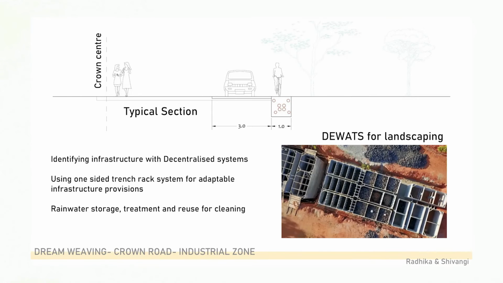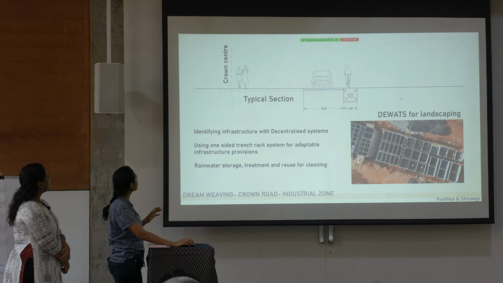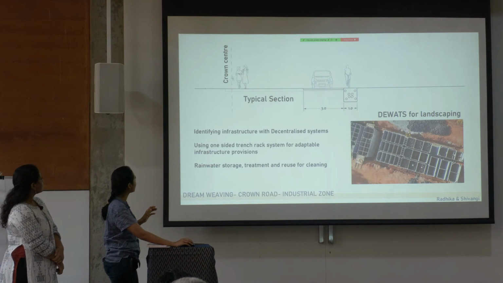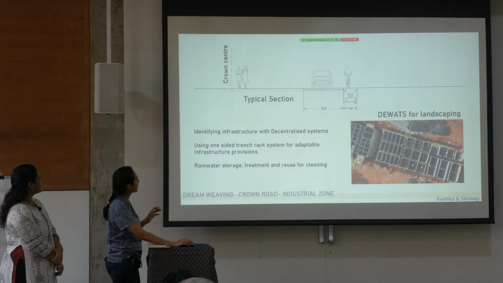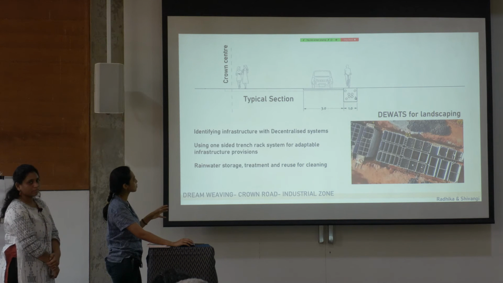One thing we've been brainstorming a lot about is, if we want to keep this transitioning character of the crown, with the section that was given to us, how do we move ahead without compromising too much on the character of this filtration, of the intersections and all of that. So what we try to do is keep this center of the crown, where there is an existing layer of HT line infrastructure.